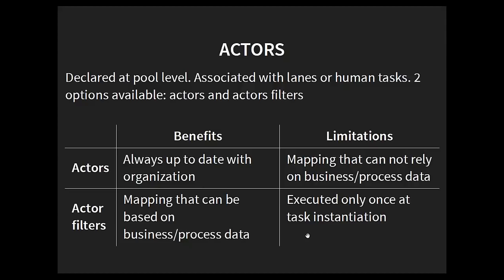And the limitation here, though, is that because we are leveraging context, we do not reevaluate it all the time. So we can use some context, but we only execute or evaluate this once at the task creation. So when the human task is created and this task has an actor filter, this actor filter will be evaluated once, and then the output will be a list of candidates, and this list of candidates will be persisted and then will be used for the task.